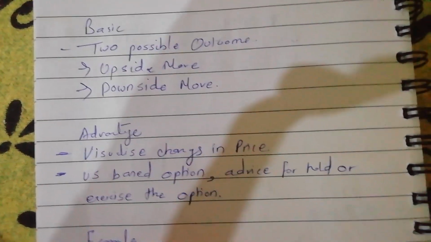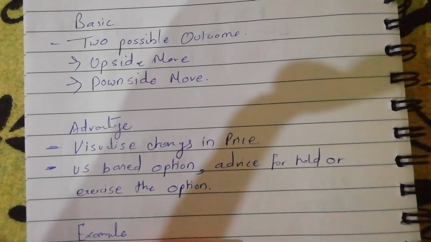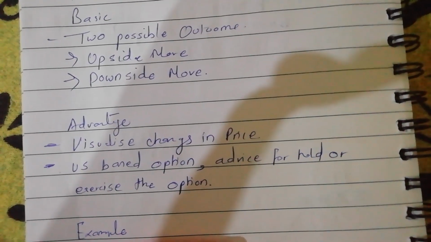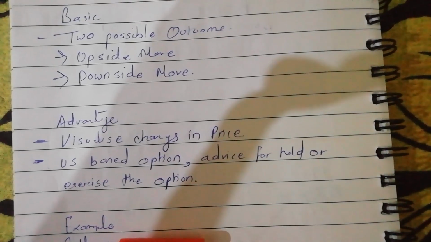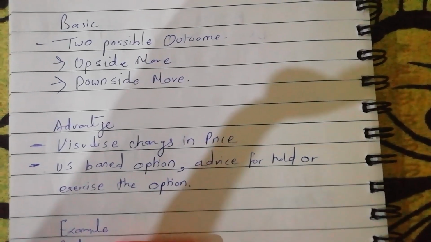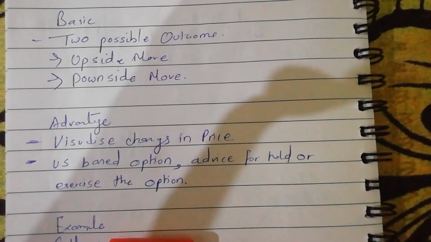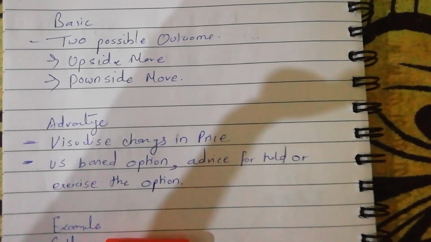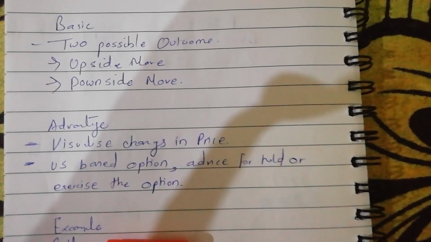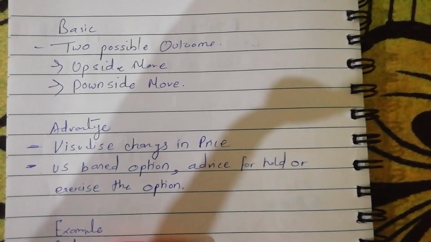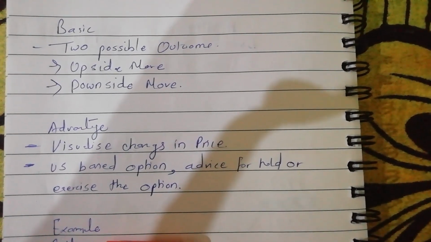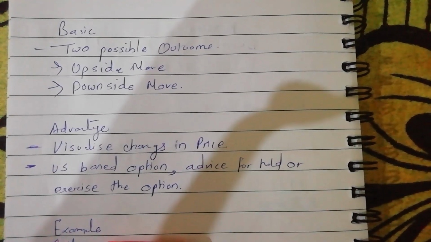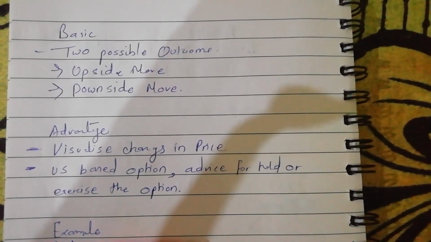Now, what are the basics of binomial option pricing model? With binomial option price models, the assumptions are that there are two possible outcomes, hence the binomial part of the model. With the pricing model, the two outcomes are a move up or a move down. The major advantage to a binomial option pricing model is that they are mathematically simple. Yet, these models can become complex in a multi-period model.